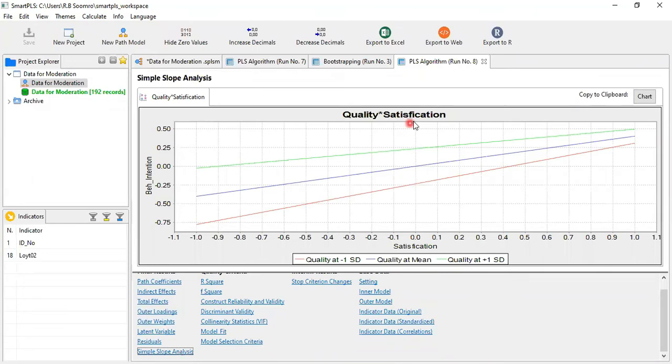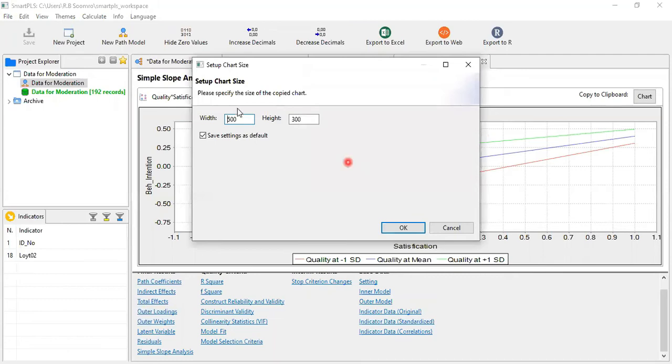Here quality certification was our moderator, behavior intention, and these were our two independent variables. Now you can interpret it according to your own need, and you can copy and paste it somewhere with the width and height margins, or if you prefer, with the default setting, again it's up to you, and press OK.